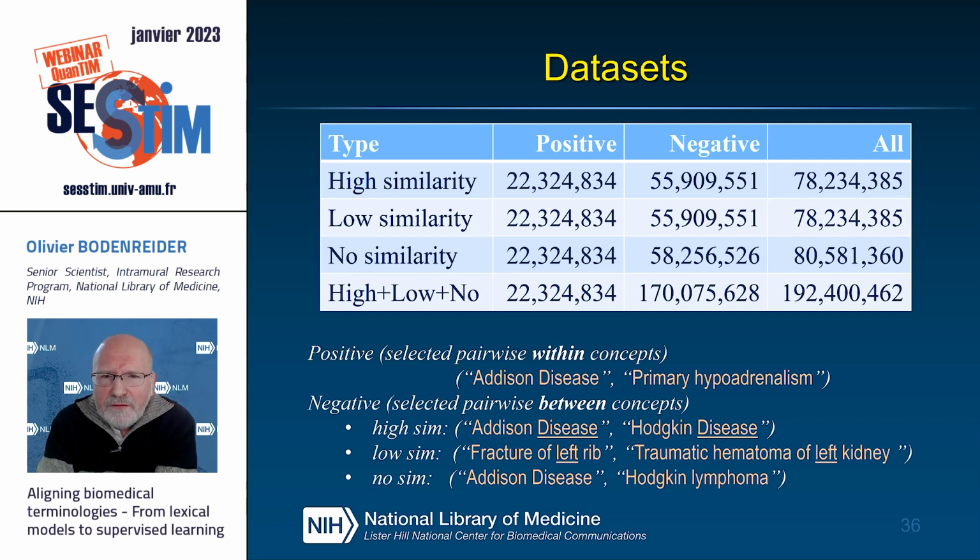This is just to show you that the numbers of examples that we use for training are high, which is good because there's a lot of training that can happen. We have no problem having a large number of examples because, as I explained, we can take all possible synonymous pairs by taking terms pairwise within each concept. For the negative pairs, we can find billions of them because we just have to pick two terms that belong to different concepts.